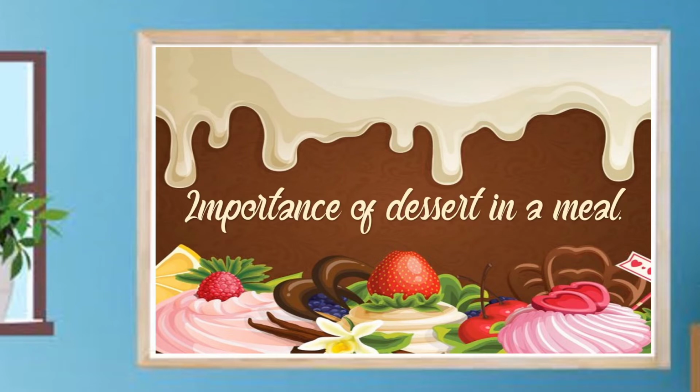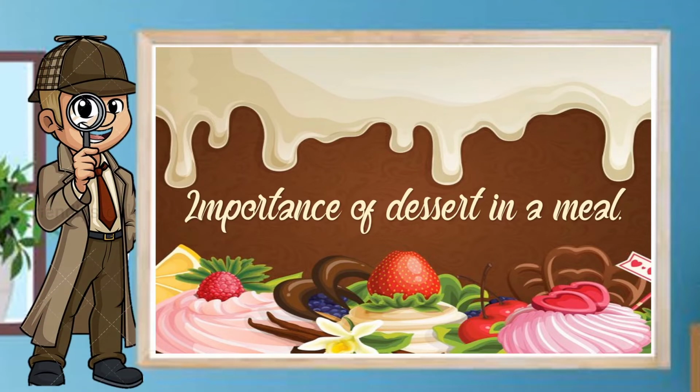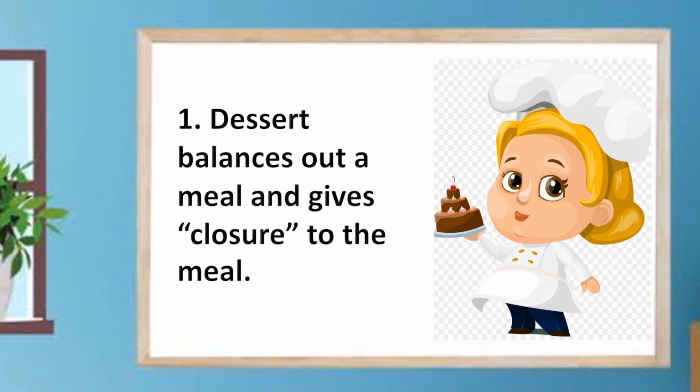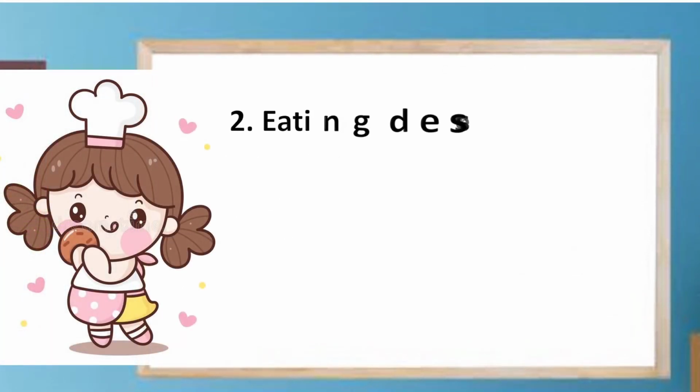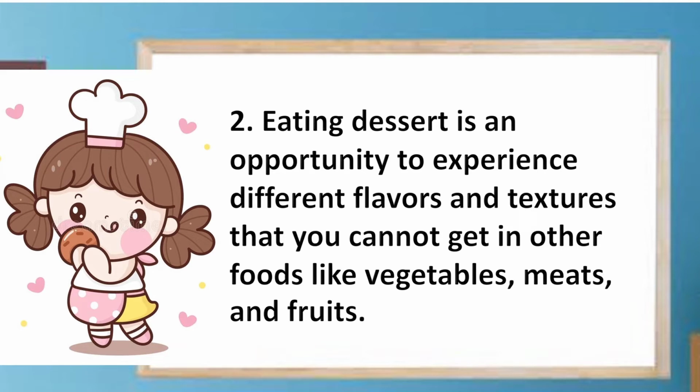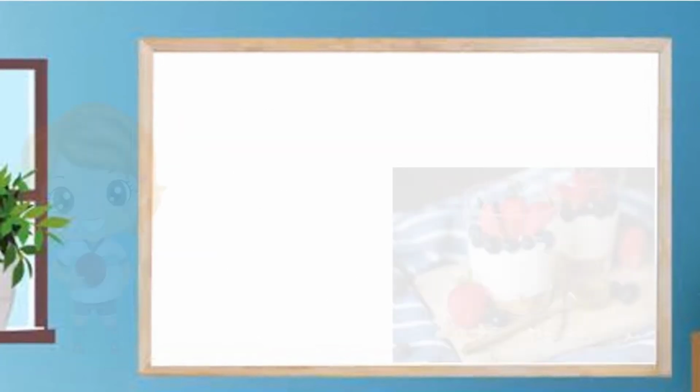Importance of dessert in the meal. Dessert balances out a meal and gives closure to the meal. Closure means it is the last food that is going to be served. Eating dessert is an opportunity to experience different flavors and textures that you cannot get in other foods like vegetables, meats, and fruits. Our mouth contains specialized receptors for the sweet taste. When they recognize a sugar molecule, they turn on a signaling pathway that reaches the brain and stimulates the feeling of